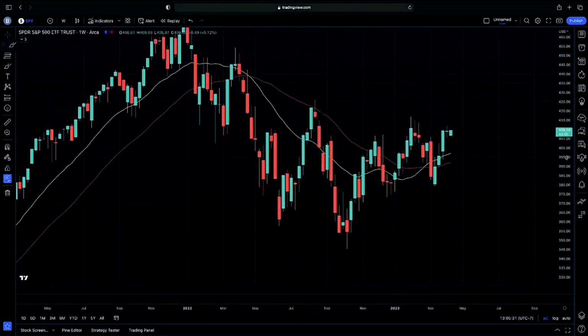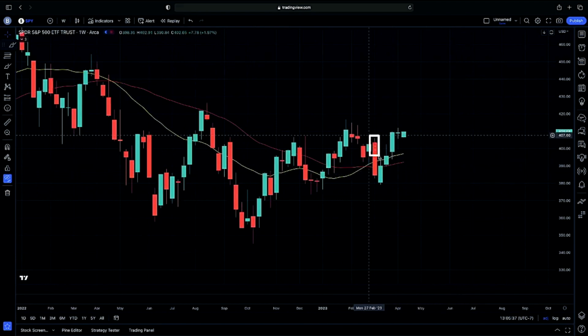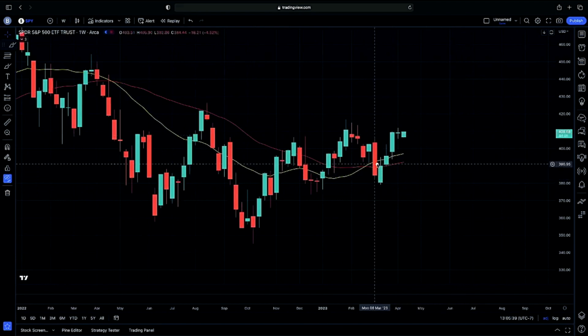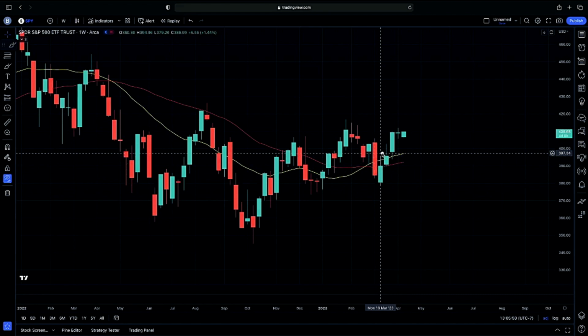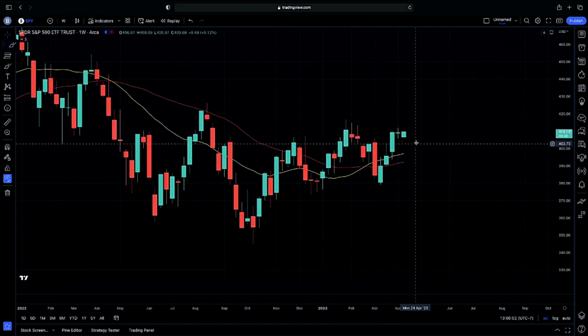Now, looking at our weekly chart, again, we have been keeping an eye on this for multiple weeks now. Again, getting a sell-off below our 20 and our 50 weekly moving average, mentioning that we did not get our bearish candle setup to the downside yet. We had a bounce. We were looking to see if we could continue on with that bounce, and we did continue on with that bounce, bouncing back above our 20-day, and now possibly flagging here if we continue on with this strength. Although leading into CPI, we very much still have to be cautious,